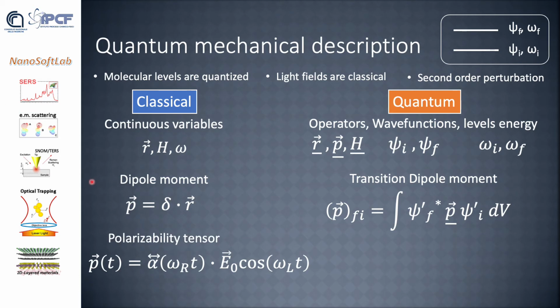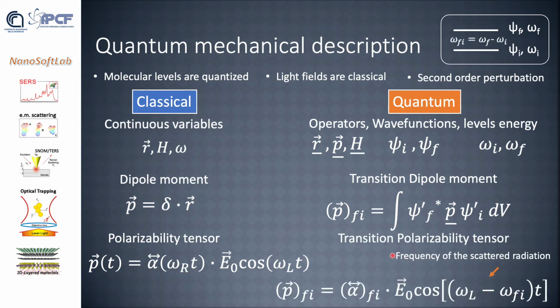In the classical approach, we have seen that we introduce a time-dependent polarizability tensor, and the polarizability tensor defines the induced dipole. In the quantum description, we have something analogous: a transition polarizability tensor. We will see the expression in the next slide, and we can calculate the transition dipole moment as a scalar product between the transition polarizability tensor and the electric field, and this brings up a harmonic time dependence